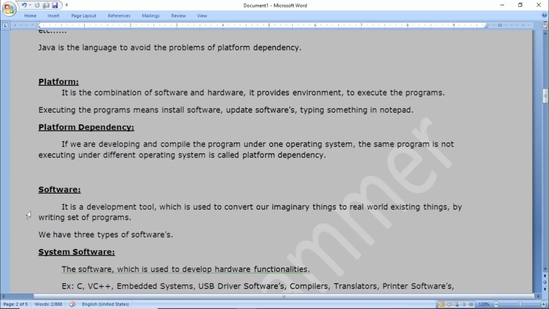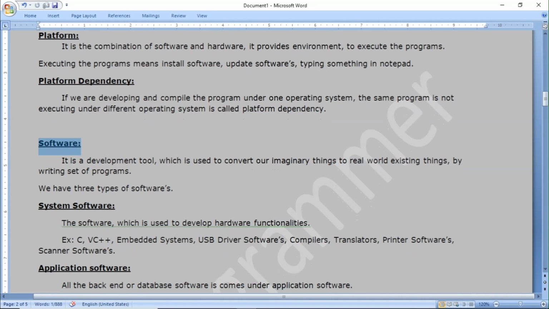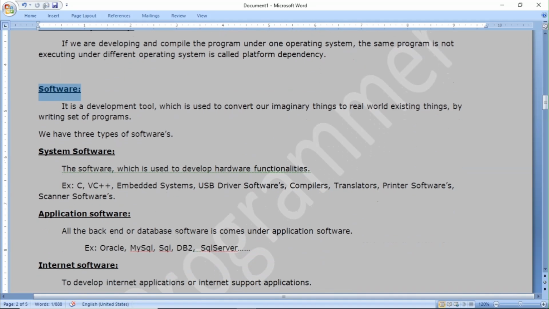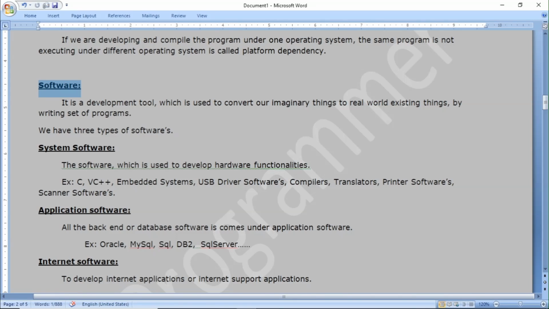Software is a developed tool which is used to convert our imaginary things into real world existing things by writing a set of programs. We have three types of software: system software, application software, and internet software. System software is like a calculator. If every system has a separate operational calculator, that's called system software.